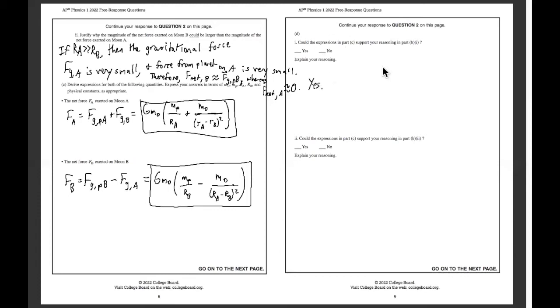I know that I'm missing quite a bit of space here. It has to do a little bit with my recording software. So, okay, there we go. That's a little bit better. All right, so yes, it could. And the reason why is if RA is comparable to RB, I just realized I made all of these lowercase. I apologize about that. There we go. So if RA is comparable to RB, then